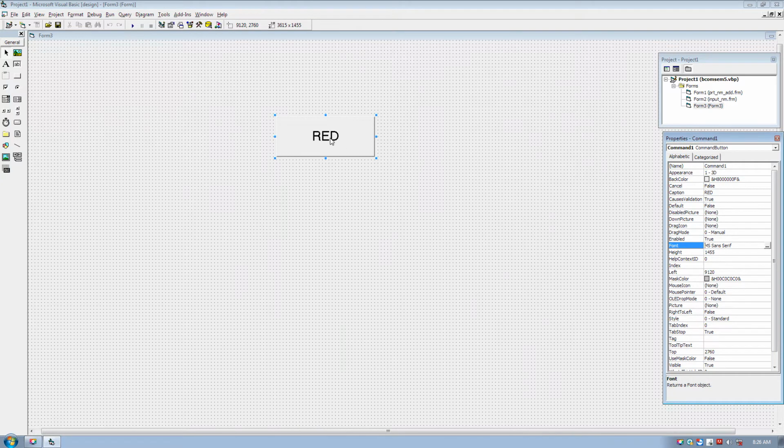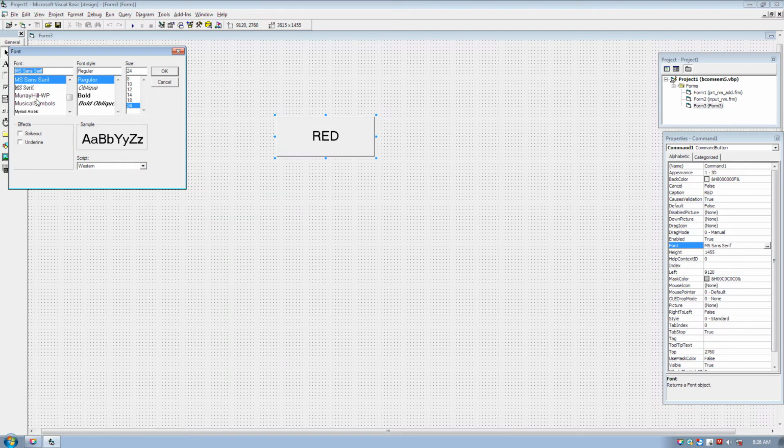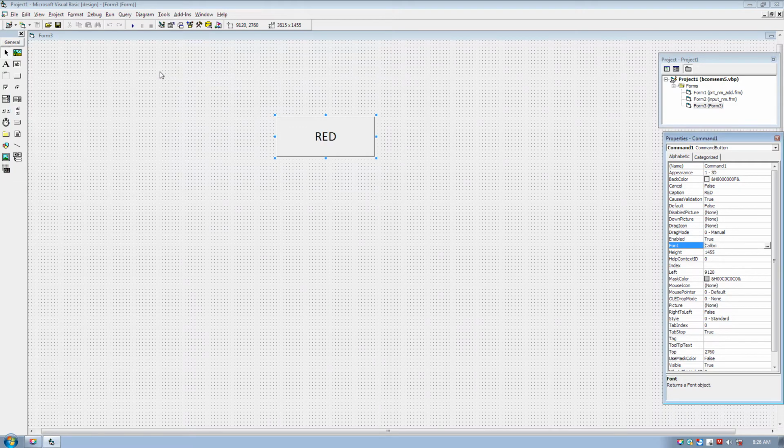The caption is red, and the font is Calibri, 24. Font is 24, caption is red. I have set two properties.